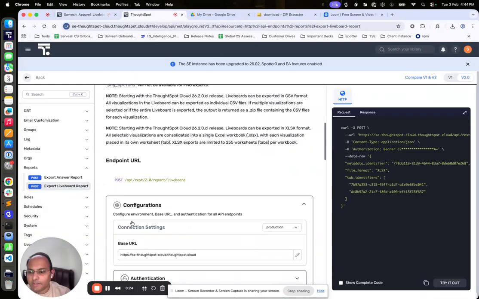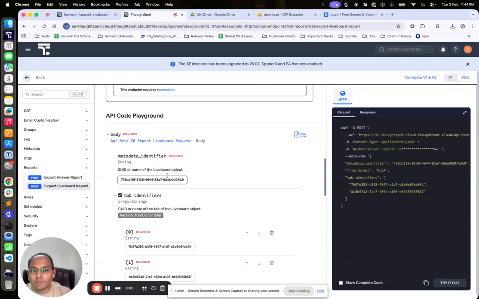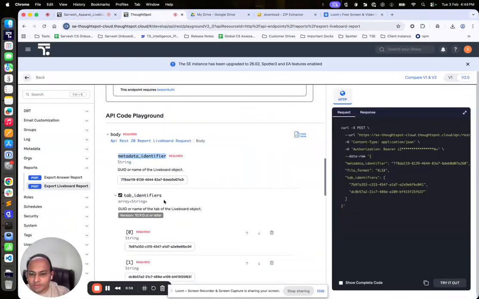We do have an API within the REST API version 2, which will help us export our live board reports. Under the reports tab, we have the export reports live board, and this is the particular endpoint that we'll be using for this purpose. A couple of identifiers are required. Since it's a live board that we are exporting the reports out of, this would be the metadata identifier,